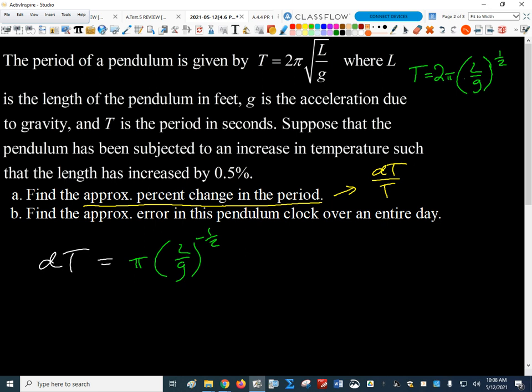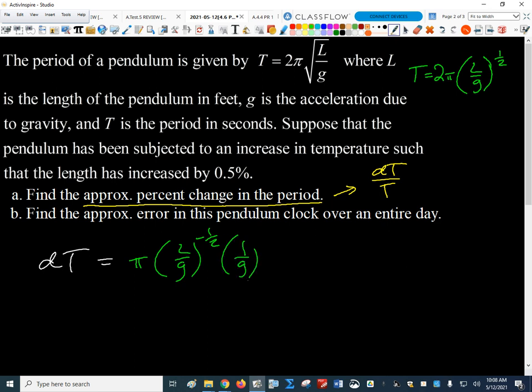Now I've got the derivative of the quantity, which is L over g. Do I need a quotient rule there? I don't. How come I don't need a quotient rule there? Because g's constant, right? g's just like any other number. It's a constant. So I've really just got L times 1 over g, right? So then the derivative of L is 1. And we just end up with